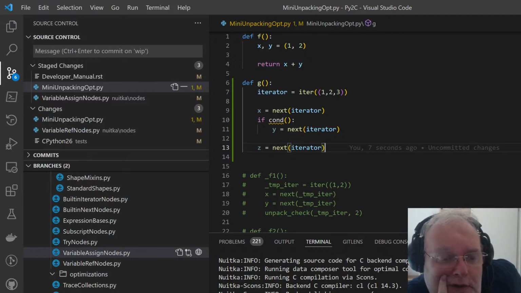I feel like I need to check the count value. So how many values did I take? And is there more? If there's more values than I did take, then I need to complain.